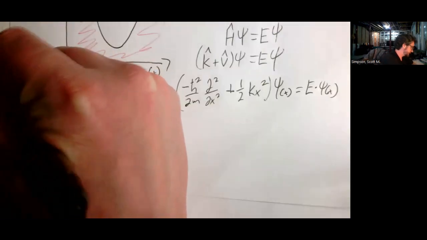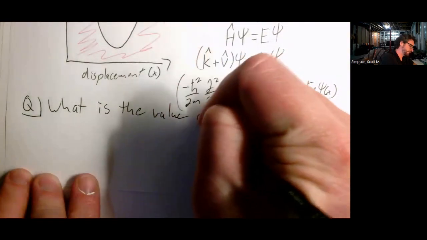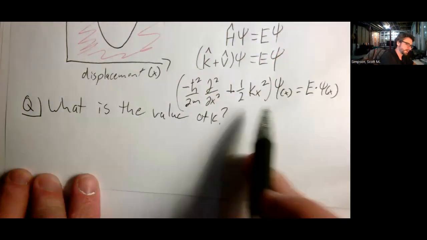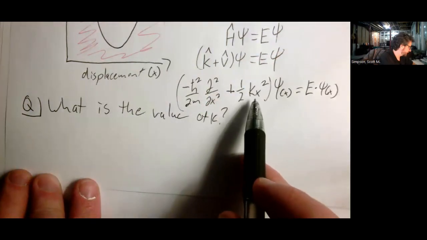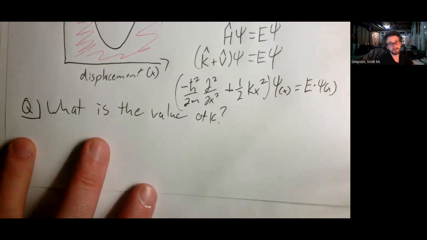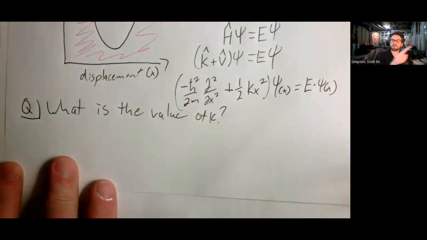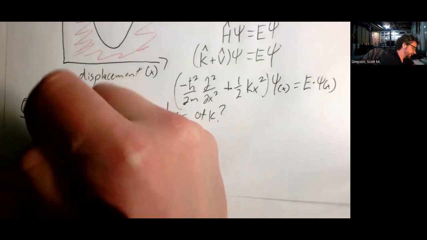So the first question we're going to ask is what is the value of K? So that constant that's right there, what is it actually? And it comes from classical mechanics, or at least we have to go back to classical mechanics. It's probably the easiest spot to think about it. So a lot of times in classical mechanics or classical physics, you're taught about a pendulum swinging back and forth. So from classical